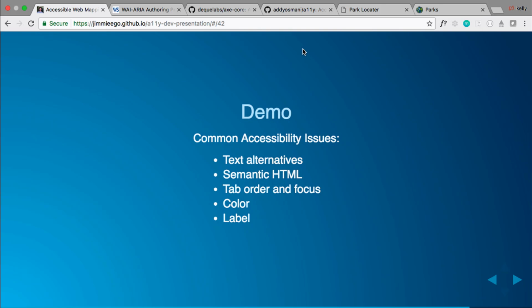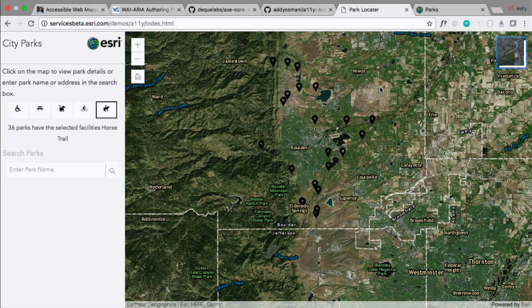So we're going to look at a demo. We looked at it earlier with live ARIA, but we have an example we put together that has some common accessibility issues. So we'll look at these and we'll look briefly at how you might find them in your app and fix them. So I think we mentioned earlier when Tao was talking that one of the easiest tests you can do